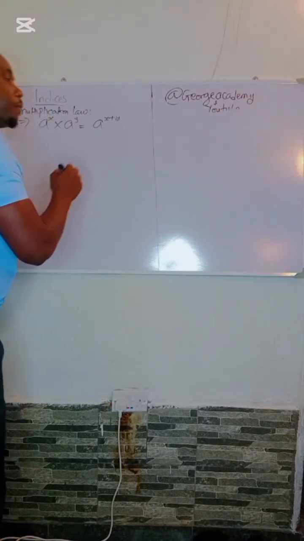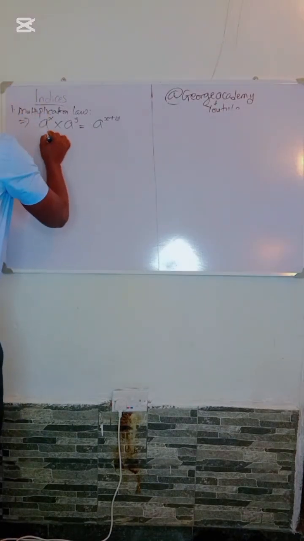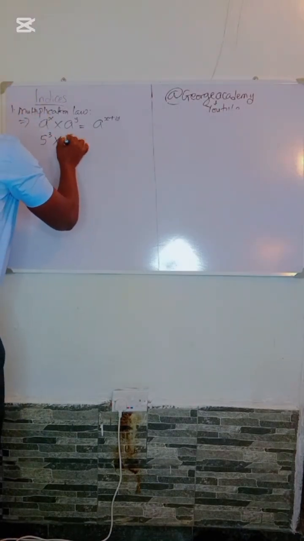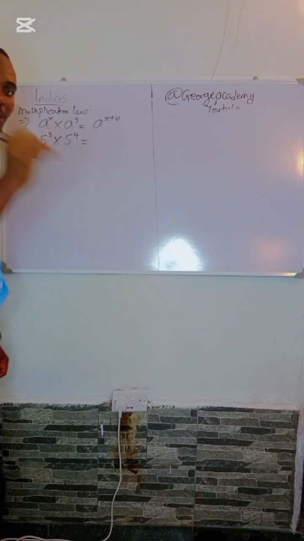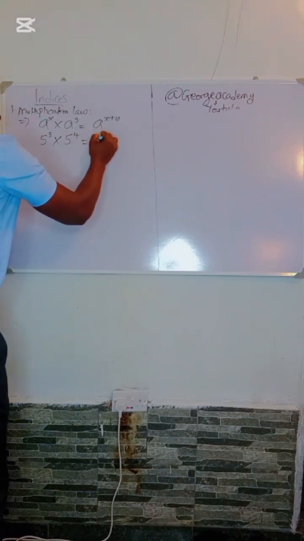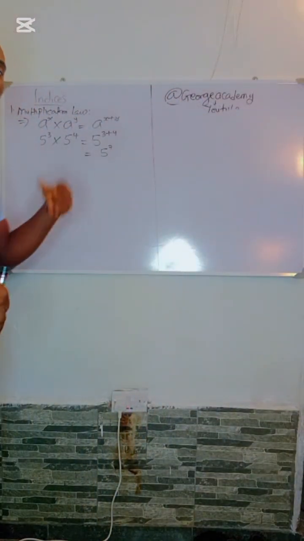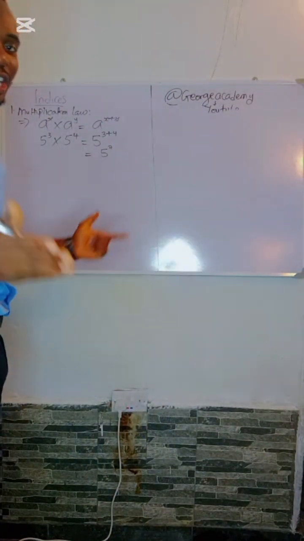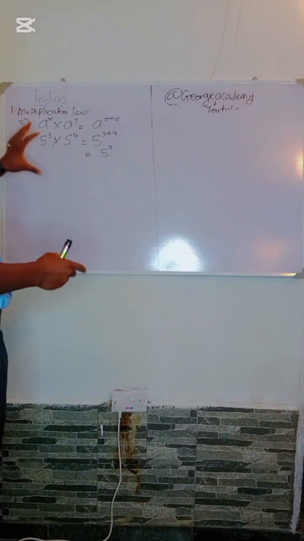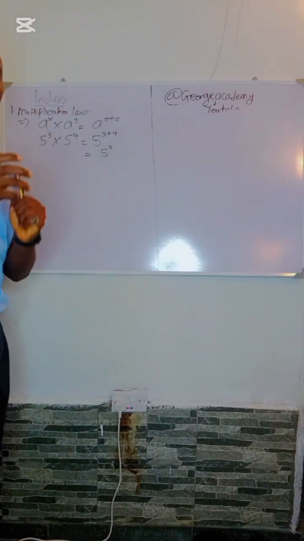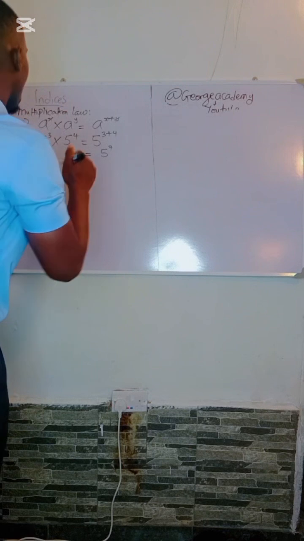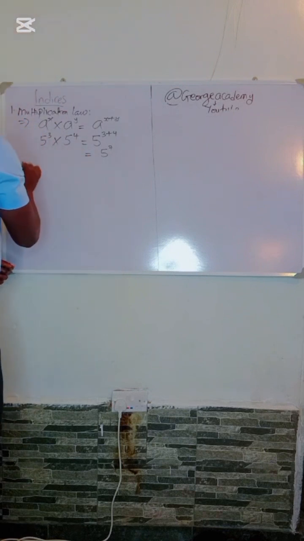So in the same vein, we can say that 5 raised to the power of 3 multiplied by 5 raised to the power of 4, the result should be 5 raised to the power of 3 plus 4, which gives you 5 raised to the power of 7. When you're trying to multiply 5 times 5 times 5 times 5, it becomes very rigorous and cumbersome. But with the help of the multiplication law of indices, we are able to simplify it. The next law of indices we have is the